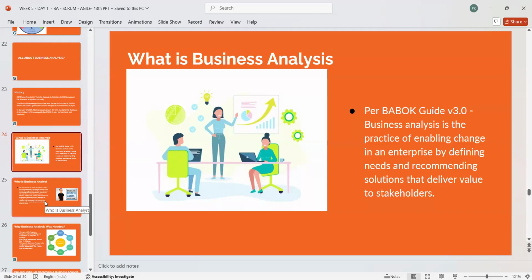Yeah, thank you. So, how every religion on earth has their own book to follow. What does that holy book give? That book gives us guidelines on how to go ahead in our religion. Or also in school time, we used to have a guide that would give us an idea about that particular subject, the terminology used, and explanation about critical points. So in the same way, this is a body of knowledge. That means it's a committee which has come up with a document which guides us about business analysis.